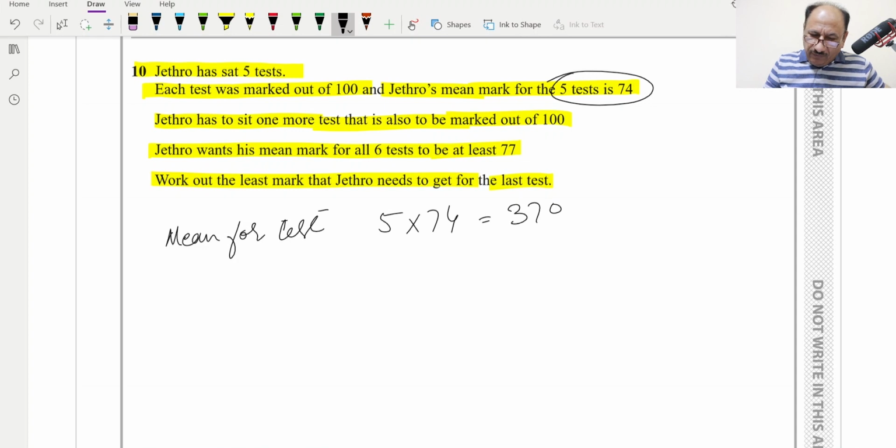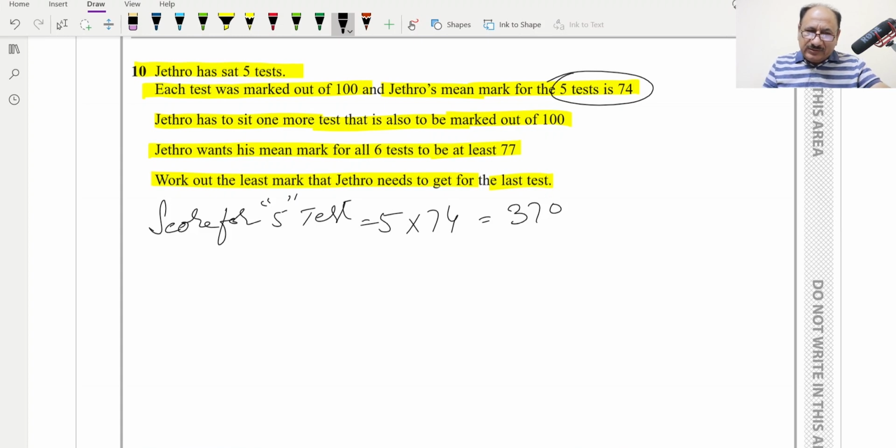So score for 5 tests is equal to 370, and for the sixth test, for example, if he is scoring x,